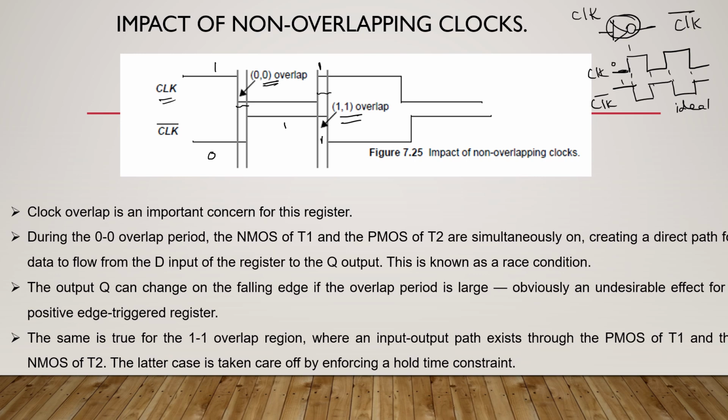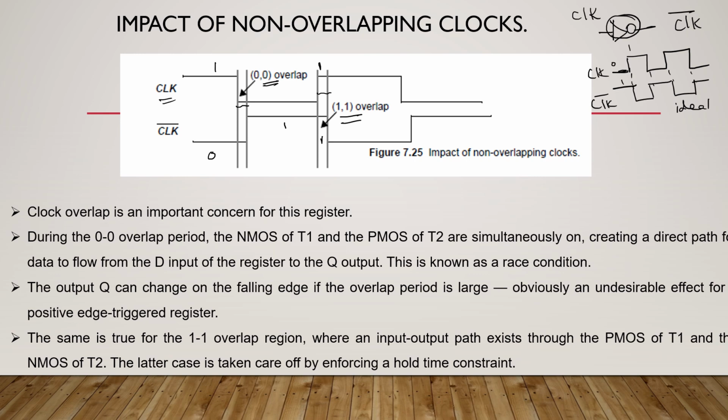But if you are using clock and clock bar in the same circuit, what happens? This will make 0-0 overlap as well as 1-1 overlap. So due to that, what happens? For this small amount of time, both latches will go to transparent mode or both latches will go to hold mode. That is not the desired operation. So we have to take some special measures to design our dynamic latches in order to overcome this